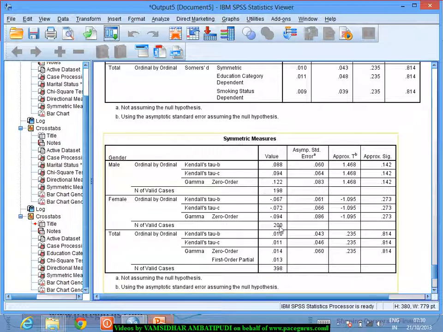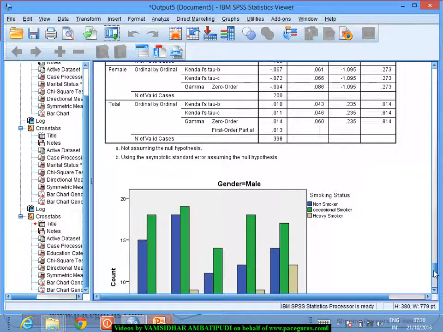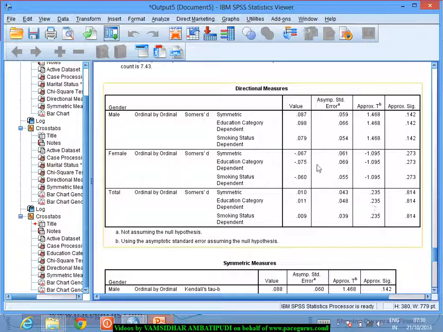But even by looking at the values also, these values are significantly smaller, probably again like 0.4, 0.5 kind of values. They could really say that there is a strength of relationship between the two variables. But here it is very clearly coming out that there is not much of a strength in the relationship. And even the same comes out through the directional measure also,